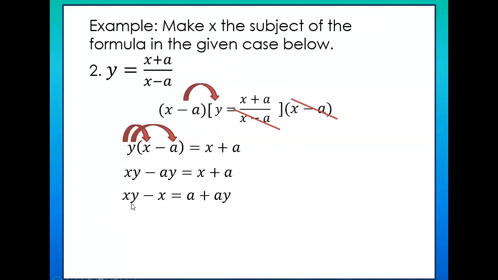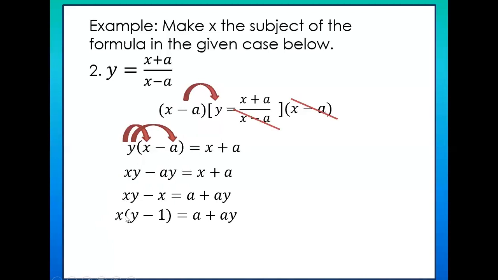Now we have to factor this one. Because we have two variables for x, we should only have one. So in order to do that, we have to factorize this one. So the factor of this one is x, open close parenthesis, y minus 1. So when you distribute it, this is the answer, right? Okay, good. Now we have to remove y minus 1 in this side of the equation to have x only